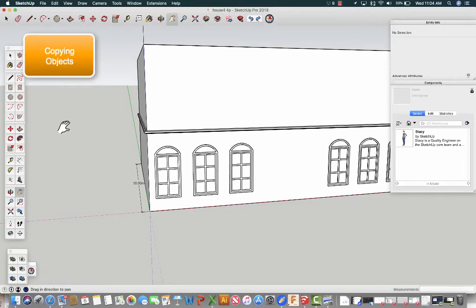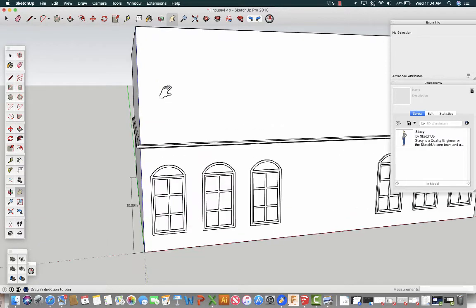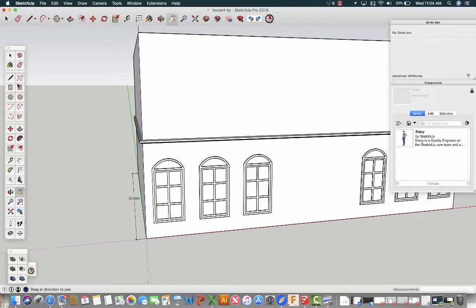Okay, so now we are going to copy our windows to the second story, which should be easy. Instead of redoing them, we can just copy them. So in order to do that, we should do a little bit of preparation first. So I'm gonna need some guidelines,